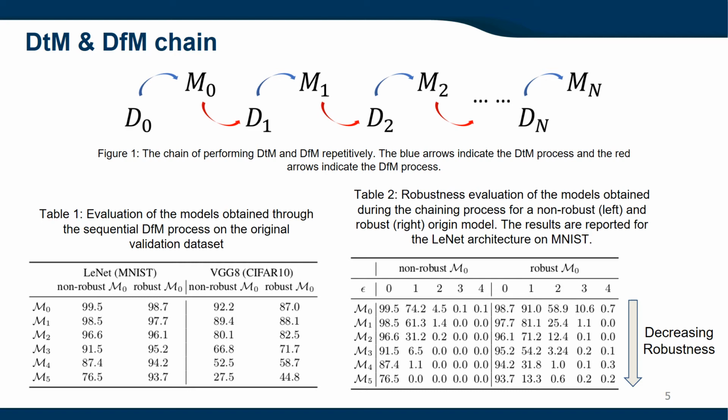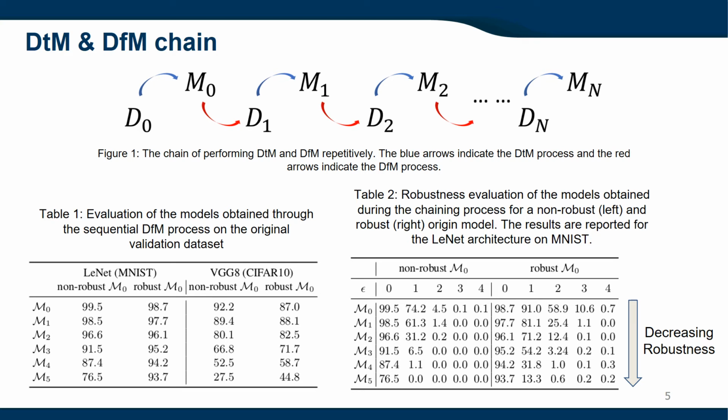In the first few stages, comparable performance to the original model can be observed. Nonetheless, a general trend of accuracy degradation for both the non-robust and robust models for each sequence is observed. Table 2 investigates the robustness to adversarial examples for the obtained LeNet models. Similar to the observed accuracy during the sequenced process, a trend of decreasing robustness is observed. With increasing steps, a shift from robust features to more non-robust features can be observed. The robust accuracy decreases significantly faster than the standard accuracy.